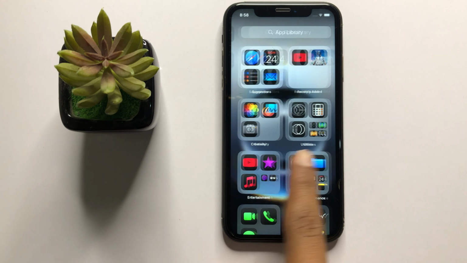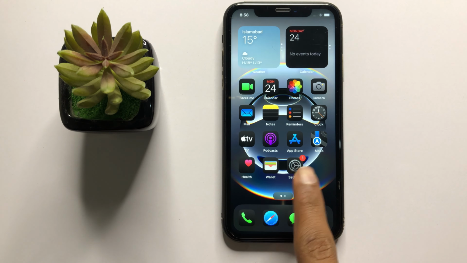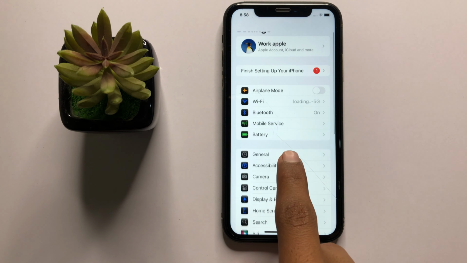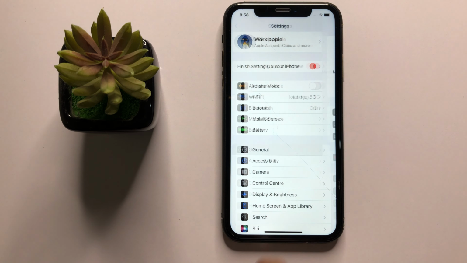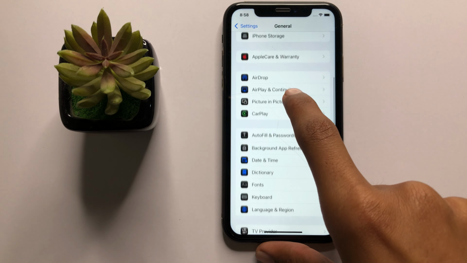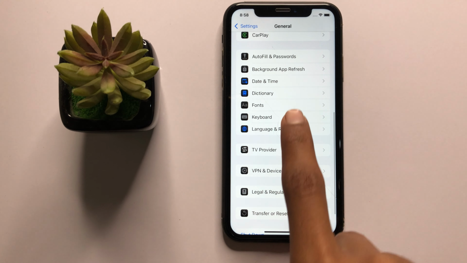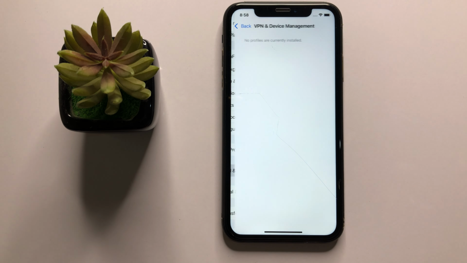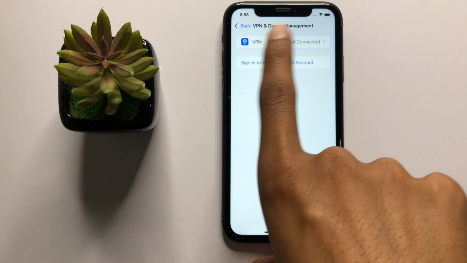First of all, open settings. In settings, scroll down and then click on general. After clicking on general, scroll down and here you can see the option VPN and device management. Now click on it and then click on VPN,